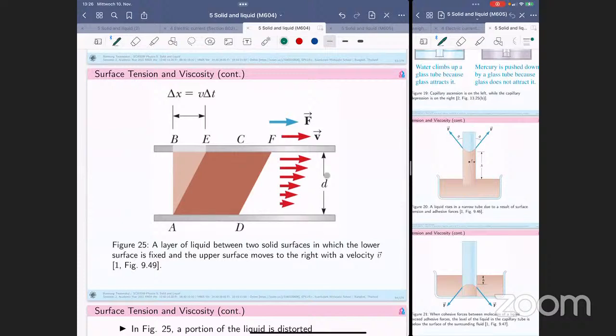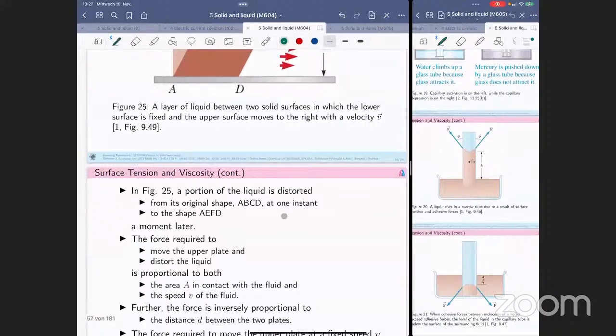All right, and this is the distance d, and the distance that this moving fluid moves is delta x, okay, and delta x is velocity times delta t, right? Because as you have learned from your Matheorem 4, v is delta x by delta t, right? And when you move delta t to the left-hand side, you are going to have delta x, which is the distance here, the displacement from the first stage to the second stage. All right,